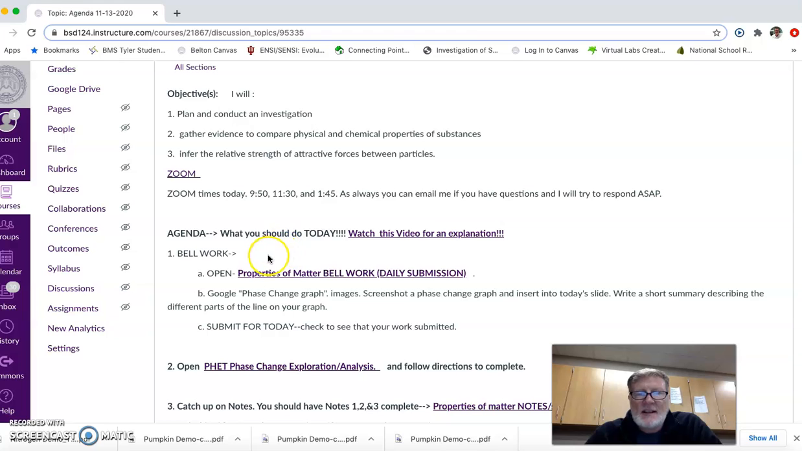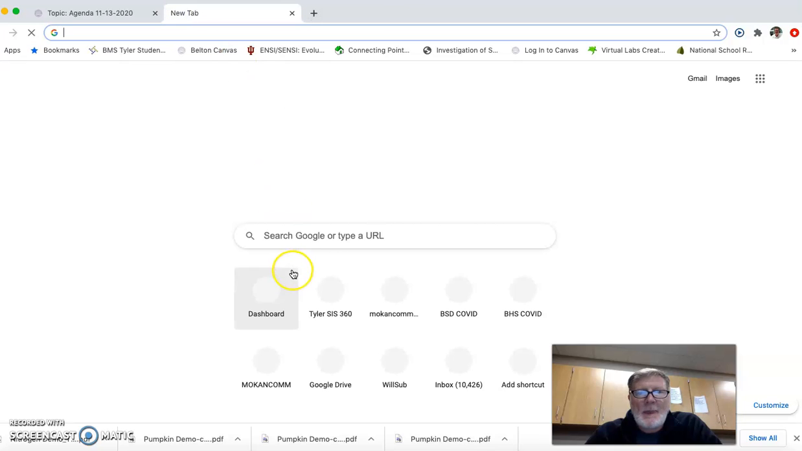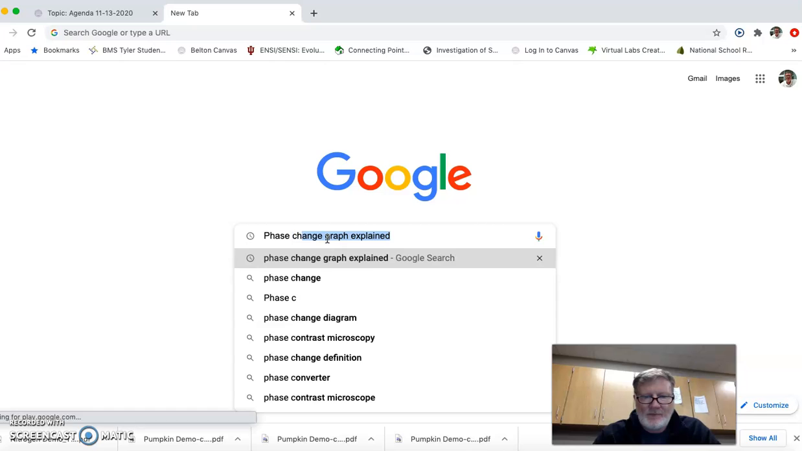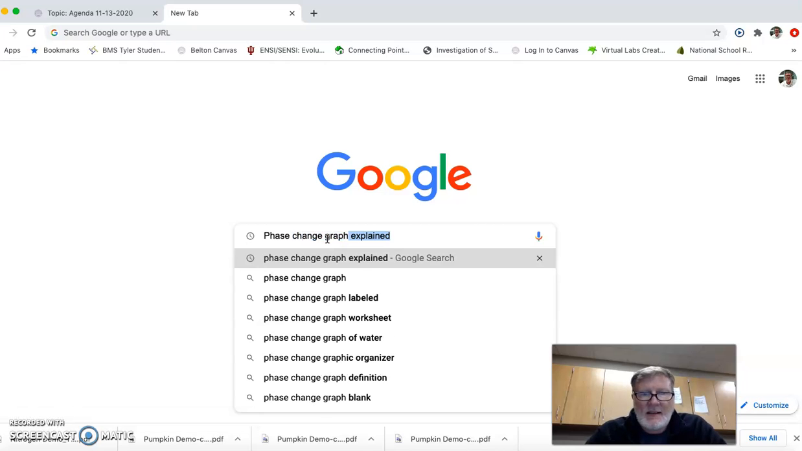For our bell work today, if you would open the slideshow and make a slide for today, put the date on it, and then go to Google and do a search. Open a new tab, and search phase change diagram or graph, and